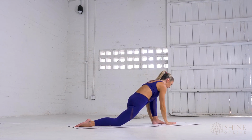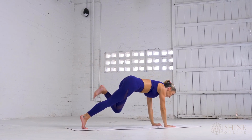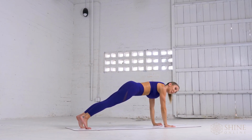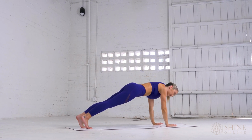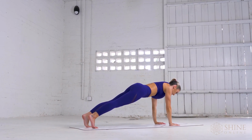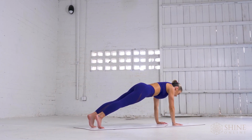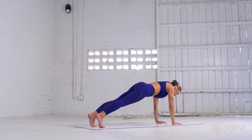Plant those palms down. Untuck or tuck right toe, right foot joint. Let's find our first plank position here together so we're stacking our joints, not losing that core. Hold for 4. Find that breath in through the nose and out through the nose. 2